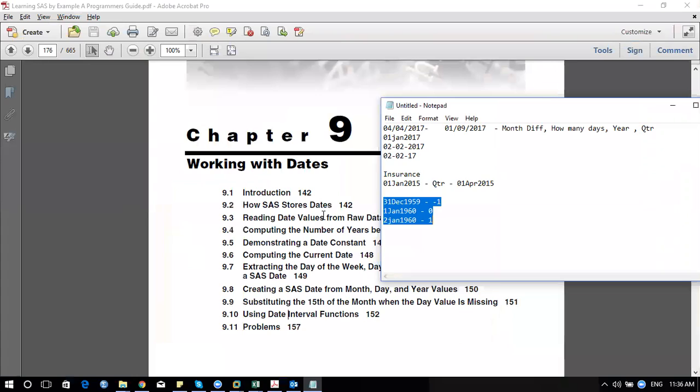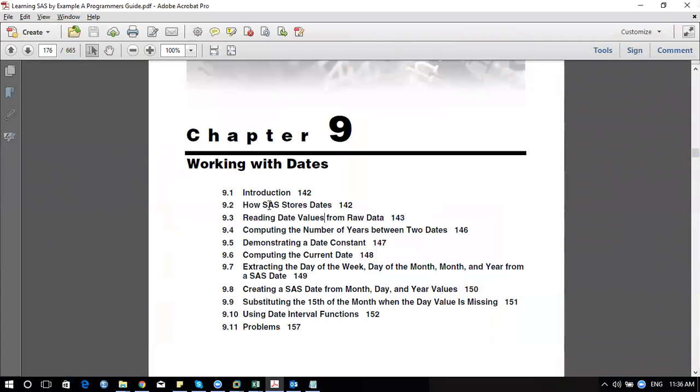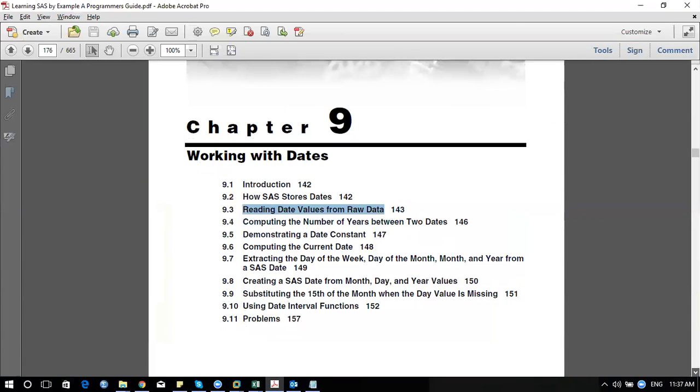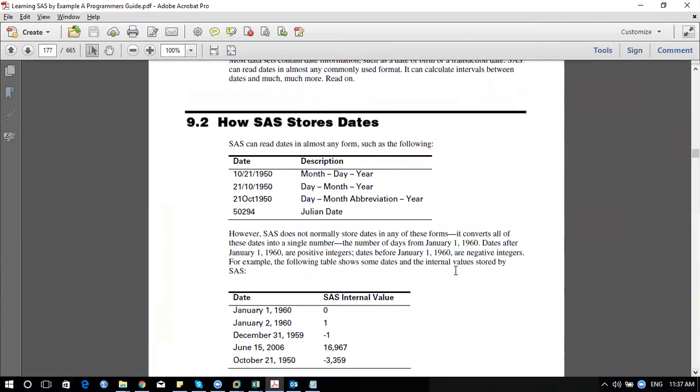So that's how SAS dates are stored when reading a date value from raw data, which we tried. Now we are trying to compute the number of years between two dates. We'll look at what is there in that. That's why we said this is the format of this date. Here we have month, day and year.